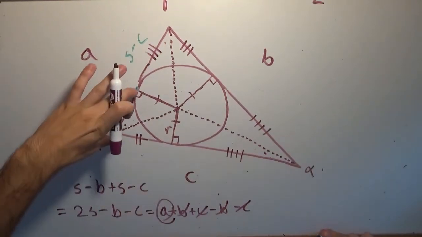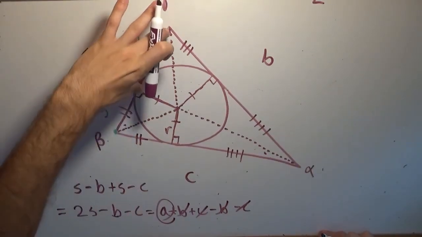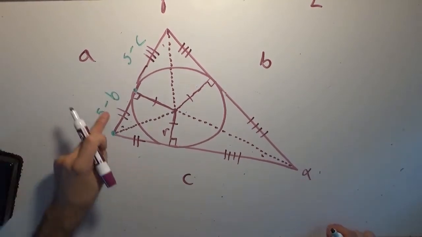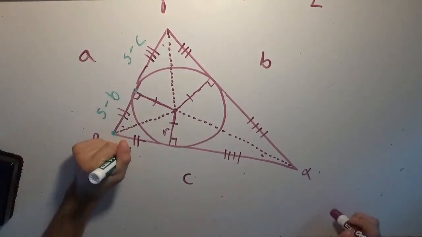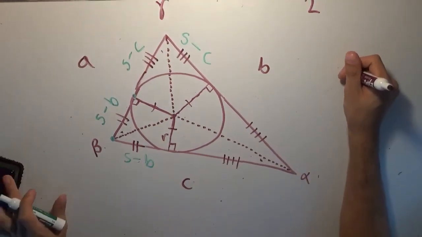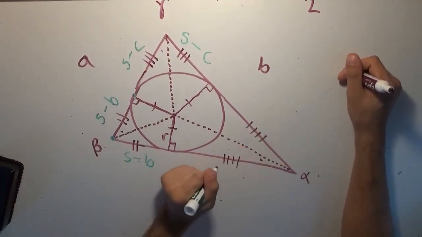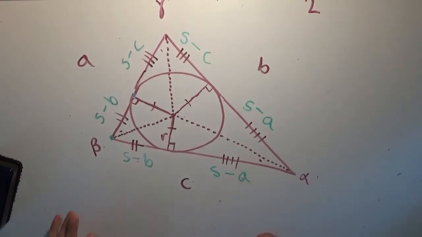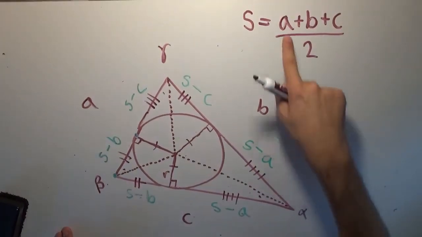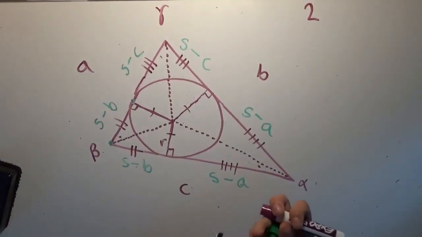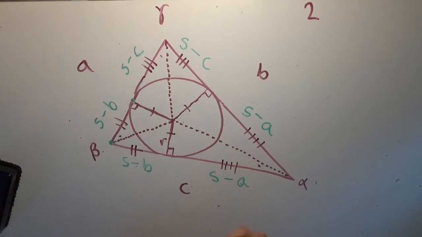So this is the semi-perimeter minus B, and this is the semi-perimeter minus C. And likewise, analogously, because these are the same, this is also S minus B, and this is also S minus C. And of course, I think it's pretty easy to deduce that these two will be S minus A. So S is not some other weird variable, it's just the sum of all the sides divided by 2. And so now that we've gotten all of that out of the way, we can finally find the law